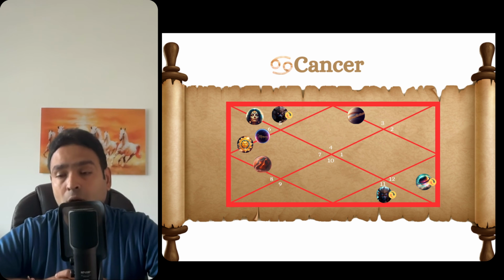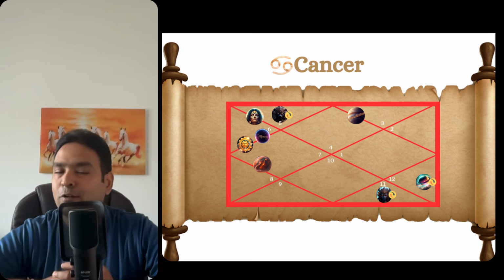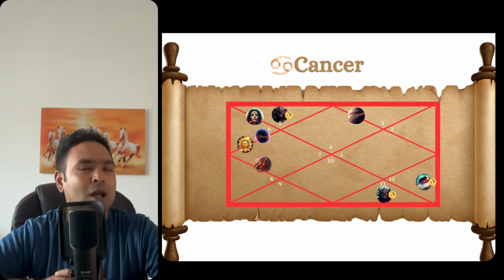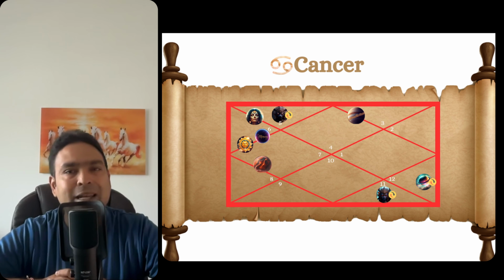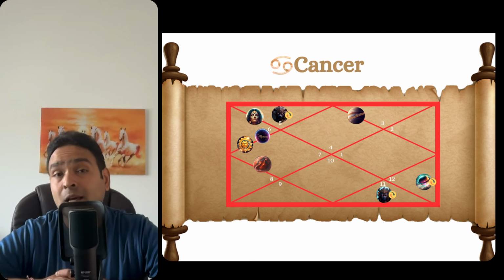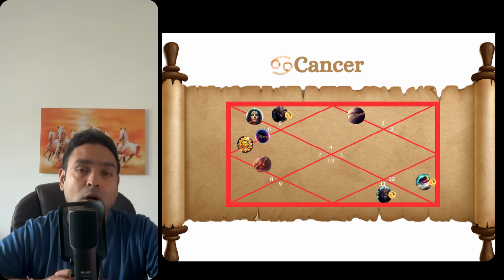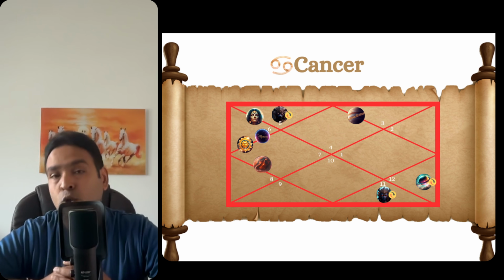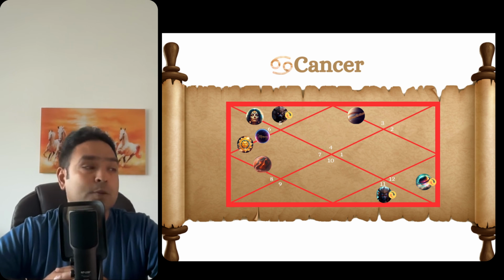It will elevate potentially some of your expenses as well into any kind of asset creation, remodeling of house, new purchase of a luxury product. But I think it will not be driven by demand, but it will be more driven by necessity. So you would have to make certain expenses, but you will make wherever it is rightly required. So I'm not too worried on that front as well. And then Jupiter is giving a protective aspect towards your sixth house as well. So he is going to maintain a good order in terms of your current work, profession, career, wherever you are operating, or in terms of your relationships with your peers.